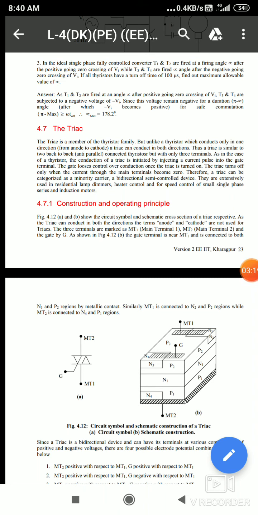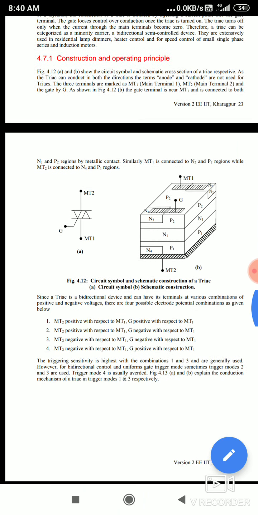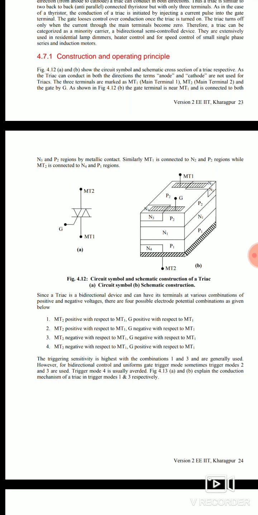And now we will discuss the operation and working of the triac. Usually the triac can be turned on by applying the proper gate current. As in the case of an SCR, here also the larger the gate current, the smaller the supply voltage at which the triac is turned on. And the triac can be operated in four ways. The first way is when terminal MT2 is positive with respect to MT1 and current flows through the path P1, N1, P2 and N2.